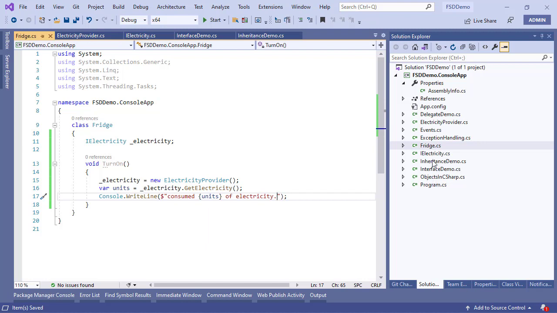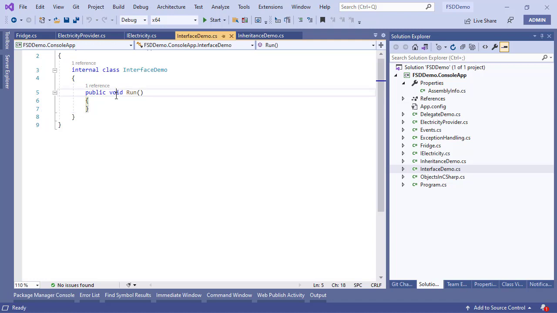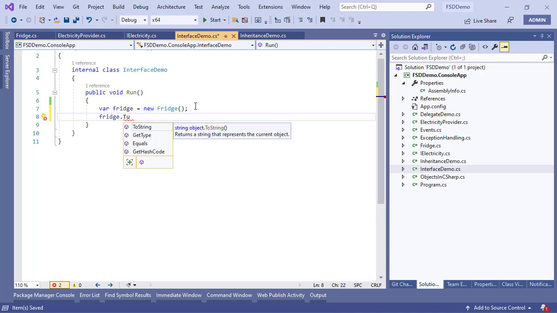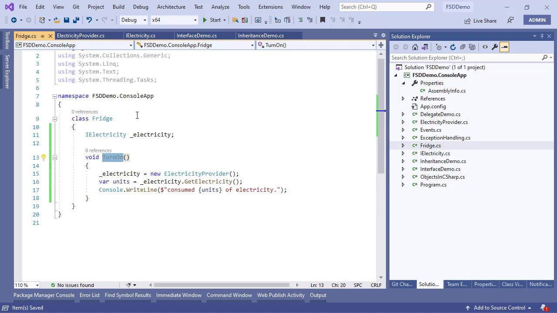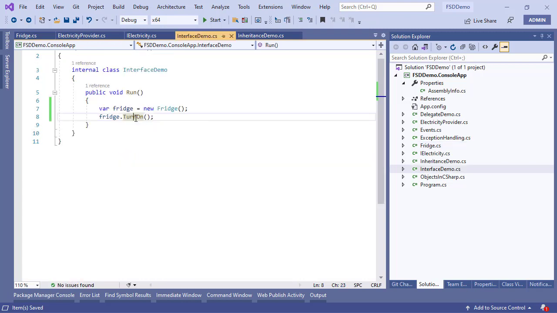through the interface demo. Now in the interface demo run function, I'll require an instance of the fridge itself. So I'm going to say new fridge. Notice the tricky use of var keyword, it is pointing to the class name, and then on the fridge I'm going to say turn on. Now turn on is a private function that we cannot call, so we'll have to modify the access specifier. We'll have to make it public or at least internal, and when we do this, the rest of the wiring